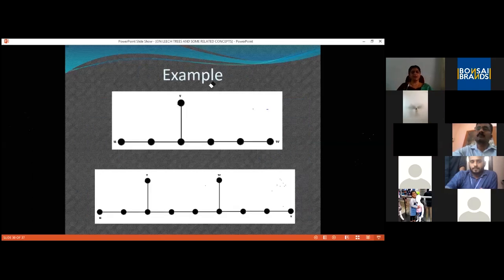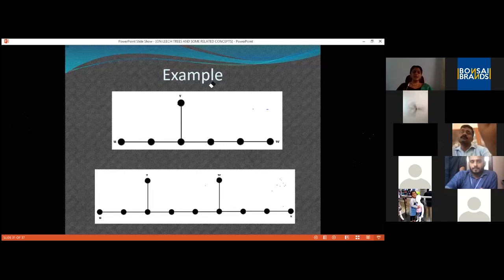So here I am giving two examples to make the definition clear. In the first tree, there are three leaves or pendant vertices, namely U, V, and W. The distance between U and V, you can count, it is 3. Distance between V and W, again you can count, it is 4.